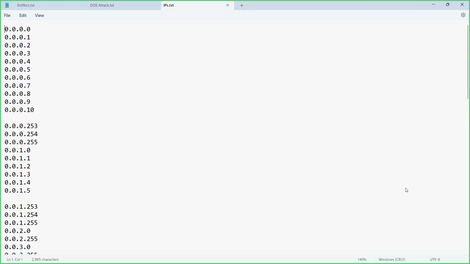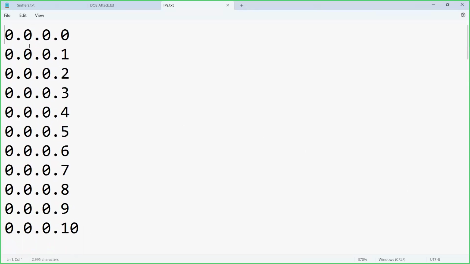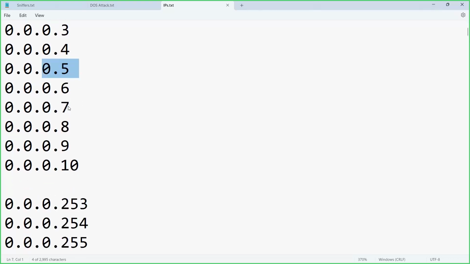We all know the first IP is 0.0.0.0. If I had to get the next IP, rule number 1 is you start incrementing from the rightmost octet. The rightmost octet increases by 1. So the next IP is 0.0.0.1. Next IP 0.0.0.2. Next IP 0.0.0.3. Next IP 4. Next IP 5. This goes on all the way up to the value